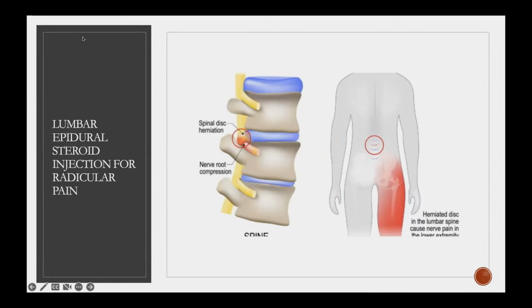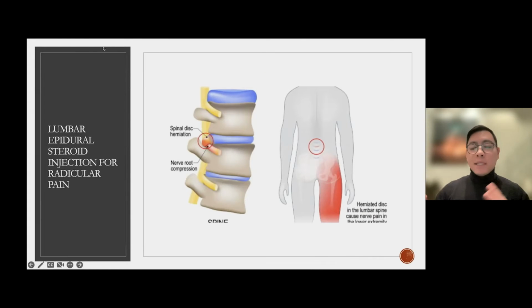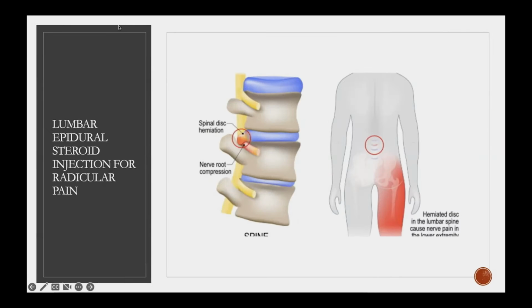But when we start to think about back treatment, we first have to differentiate what type of pain this is. The first common type is when you have just a sore back and the pain symptoms stay in the back itself. It doesn't really move down the legs, and it doesn't feel like weird numbness or tingling. That would be more like musculoskeletal pain or an arthritis type of pain.